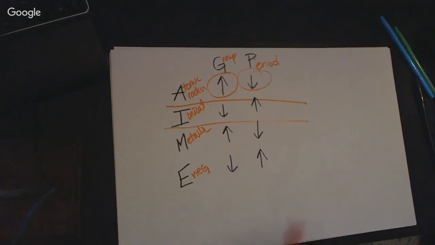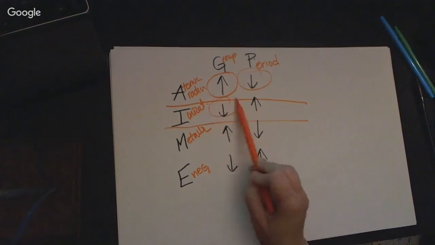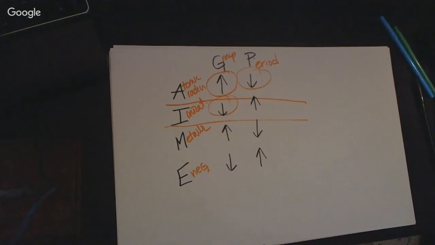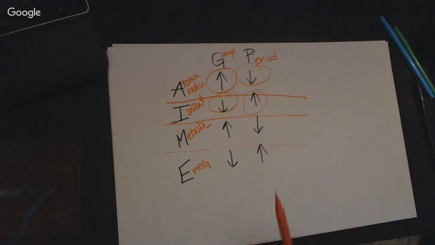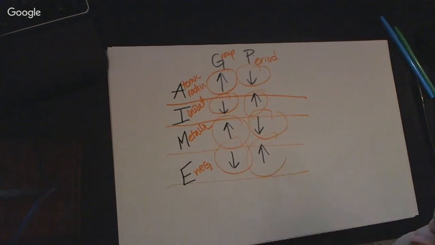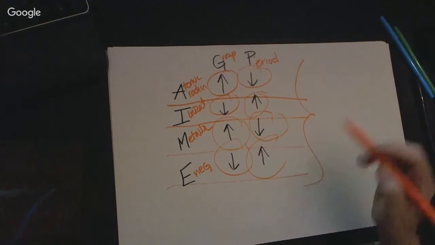For ionization energy, as you are going down a group, the ionization energy is decreasing. As you go across a period, it is increasing. Metallic properties, you go down a group, it is increasing, and from left to right, it's decreasing. You get the idea. This is a cool trick, but at the same time, all you have to do is